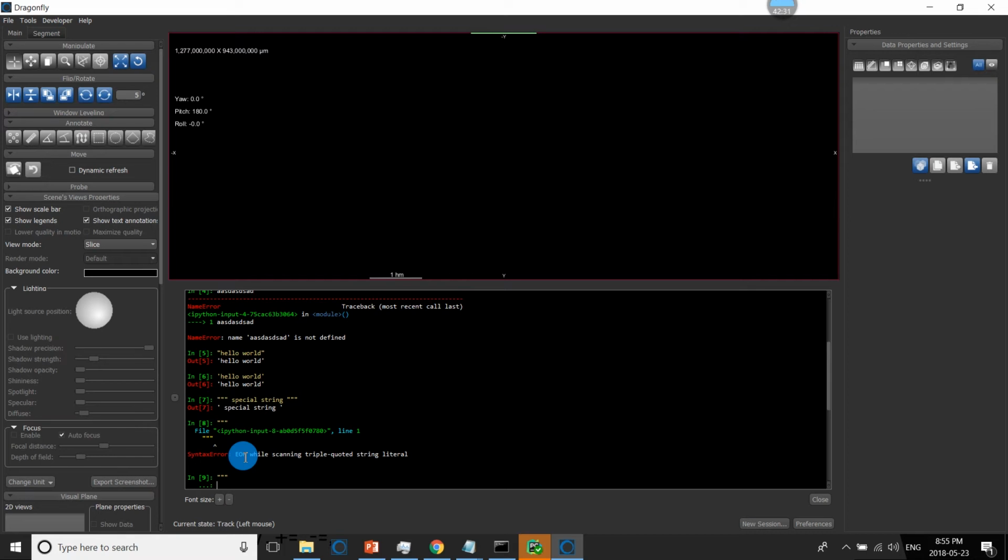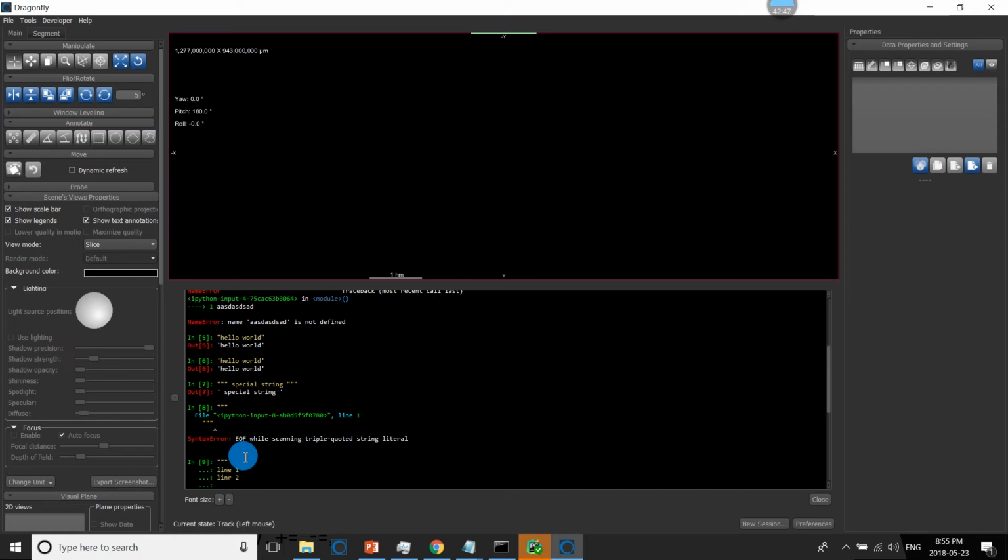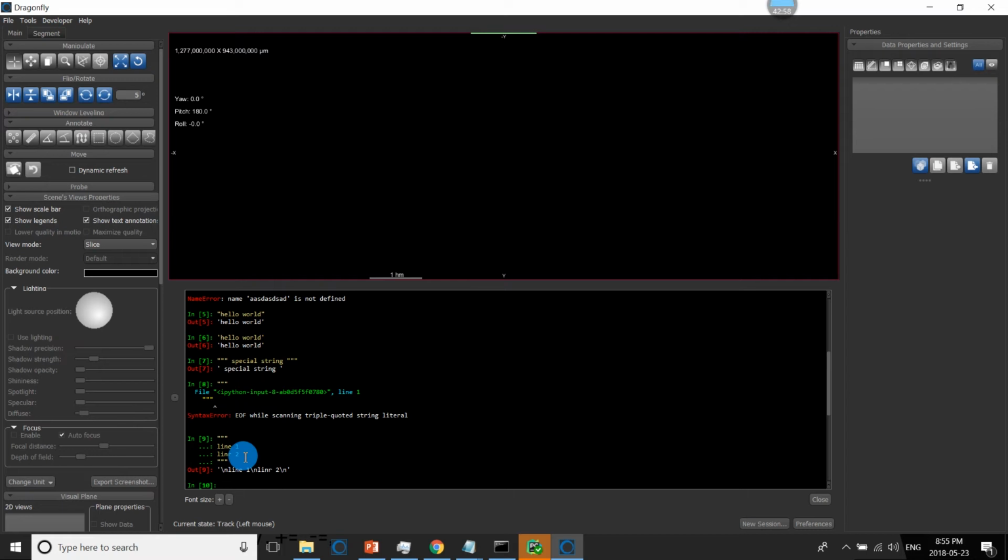So you can type that and it will print it again. Or you can use single quotes, and this is also a string. And in Python, there's a special type of string, and it uses 3 quotes. And so this is a special string. This string means to take the string as is.